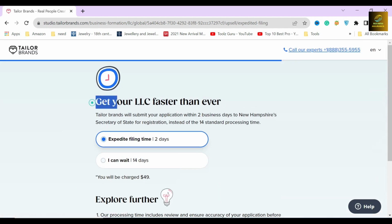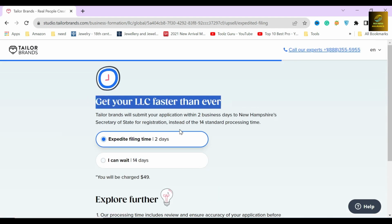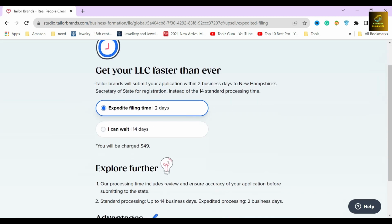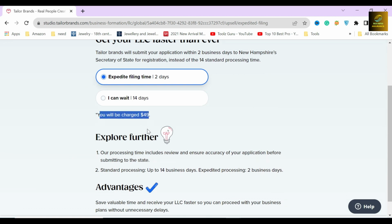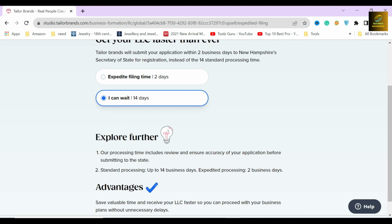In the next section, they will ask you whether you want an expedited filing service or not. Normally, if you form your LLC through them, the typical waiting time is about 2 weeks. But if you select this service too, then they will process all your documents and legal formalities within 2 days and file your LLC for an additional $49. Since I don't need this service, I will just click on I Can Wait button and move on to the